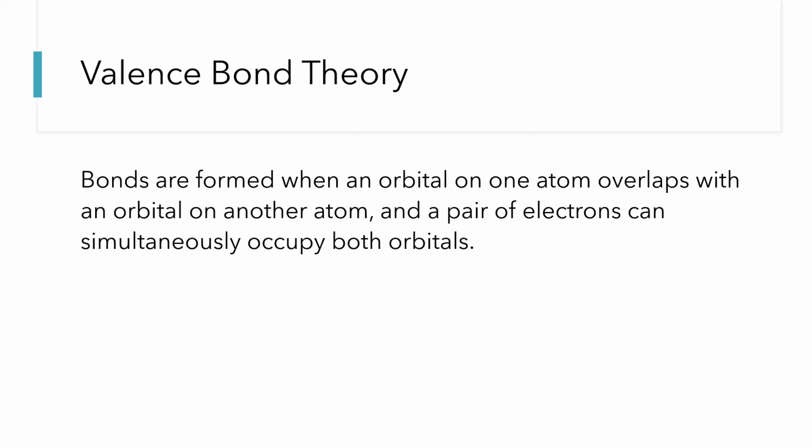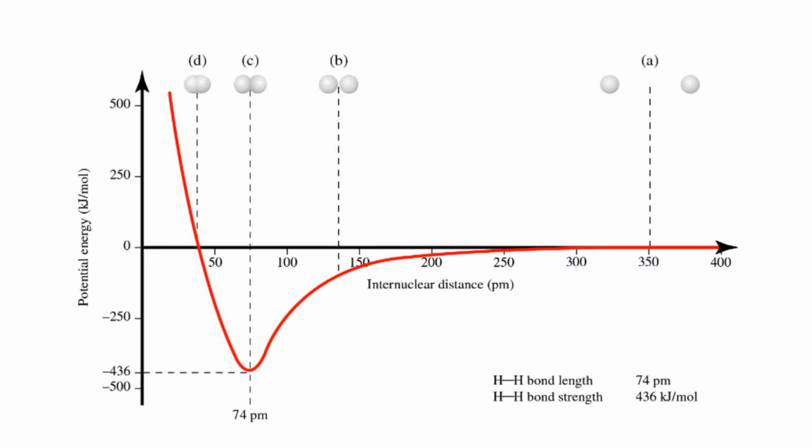Valence bond theory focuses on the idea that bonds can be formed when an orbital from one atom overlaps with an orbital on another atom, and a pair of electrons can simultaneously occupy both orbitals. Graphs like this one are often shown to illustrate this idea and to illustrate what we mean by a bond